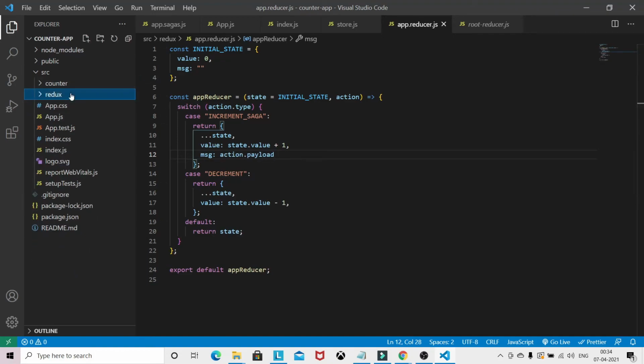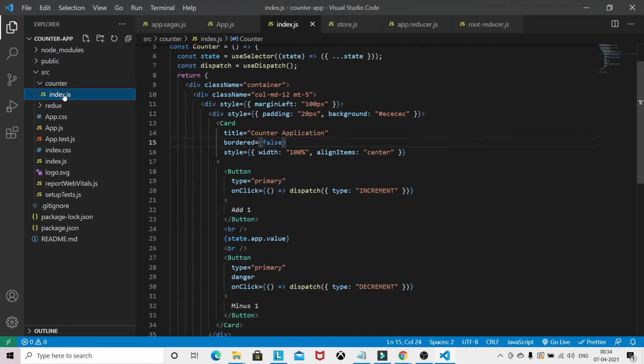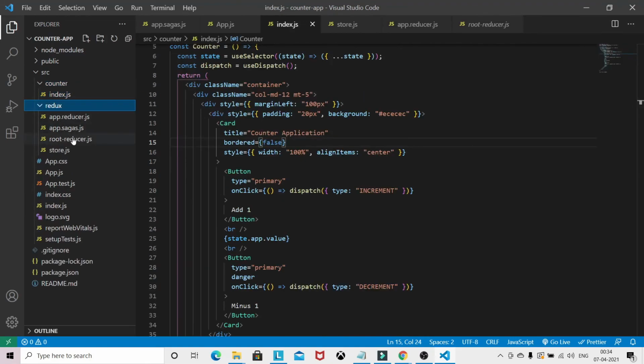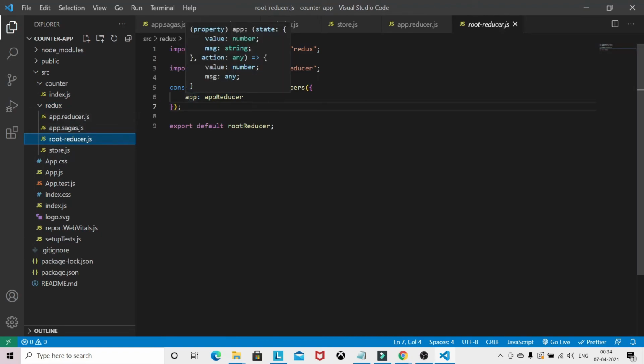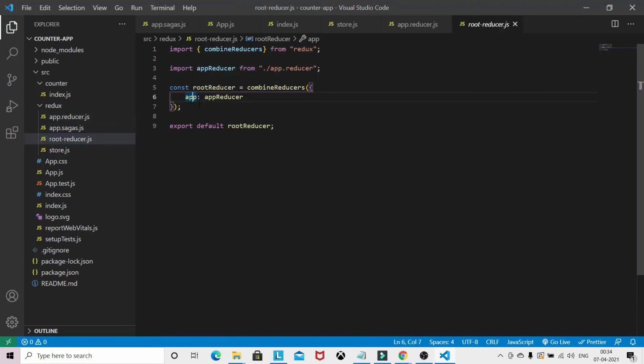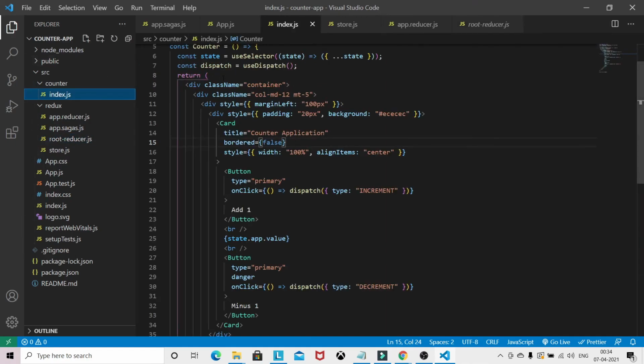Now come to the counter application. In the root reducer, we are using the app key. With the help of this app key, we access the current state of the reducer.